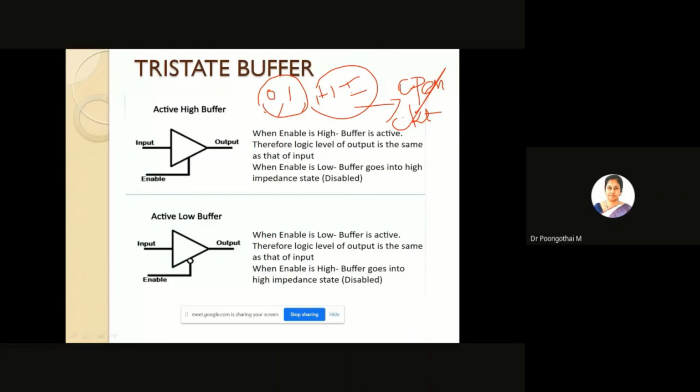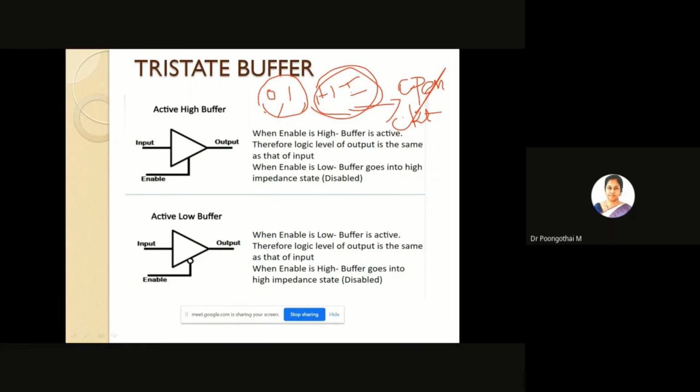So open circuit condition is provided to keep the device electrically isolated from the system, which means the device is physically connected but electrically isolated. High impedance state means it is an open circuit condition. Whatever devices are connected to the microprocessor are physically connected but electrically isolated. That is, the pins are physically connected in the system but electrically isolated. So in this high impedance state, they cannot receive or send any signals or any information.